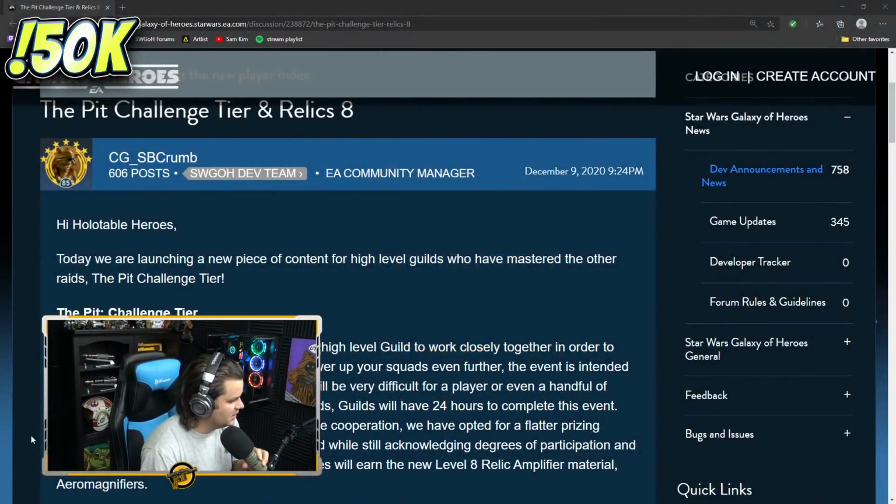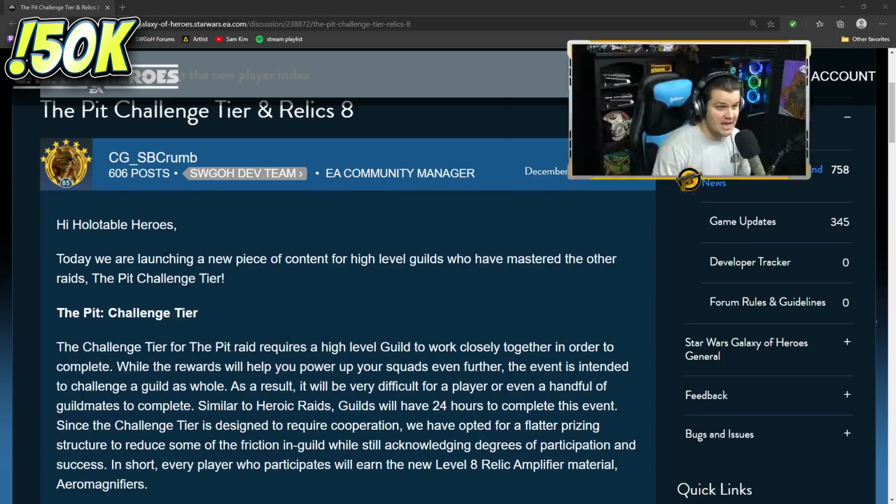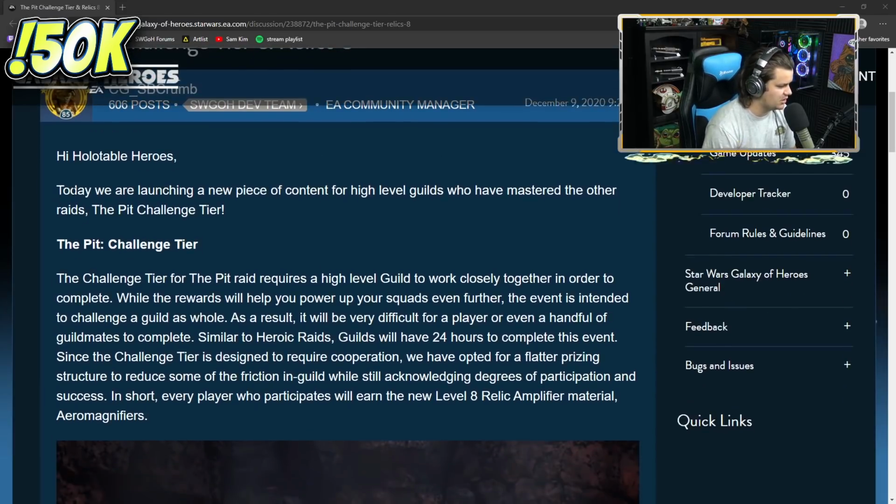All right. Here we go. So we got this post from Crumb that just hit on the forums. I am reading this fresh with you guys right now. Let's jump our camera up there so you guys can see the whole post. All right, hello, Hollow Table Heroes. Today we are launching a new piece of content for high-level guilds who have mastered the other raids, the Pit